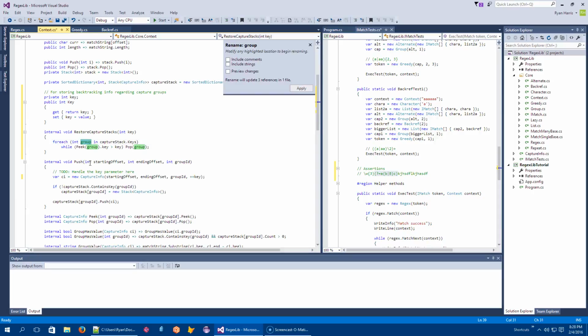And so I will rename this to group ID. That's a little more clear.